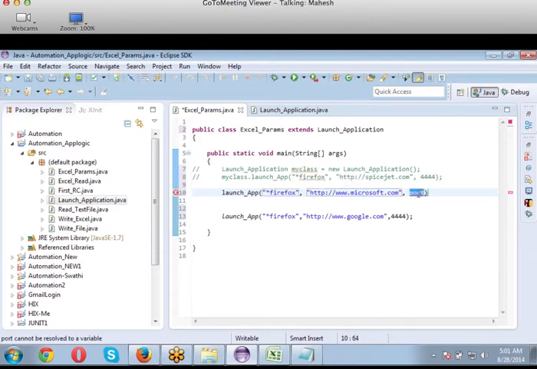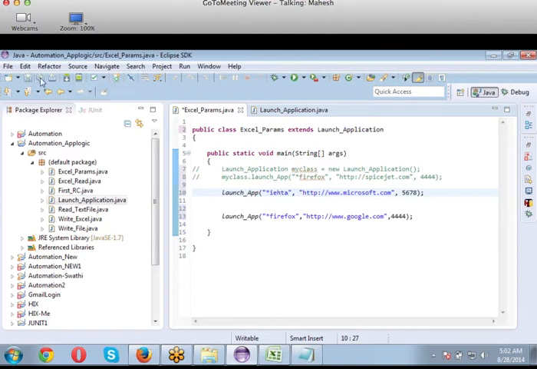If I want to change, that's it. So by this I can reuse my code instance in a number of ways and forms. Instead of Firefox, I can use Chrome also. I can use iexplore. Another shortcut key is IESTA for Internet Explorer. Anything goes. I'll give you the whole list of browsers. So I don't have to recreate the class, and I can use a number of browsers and a number of URLs like this.